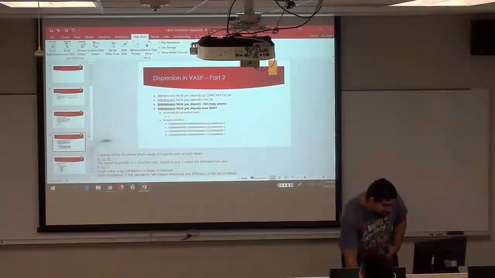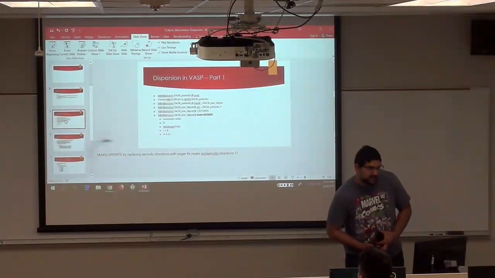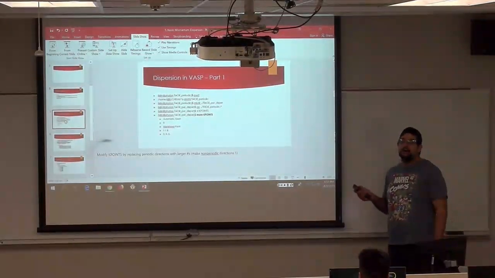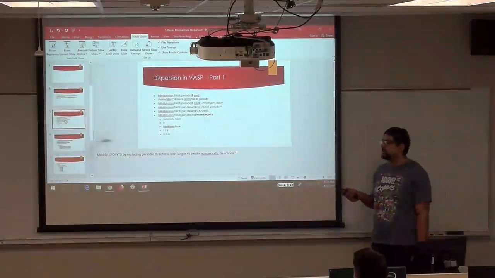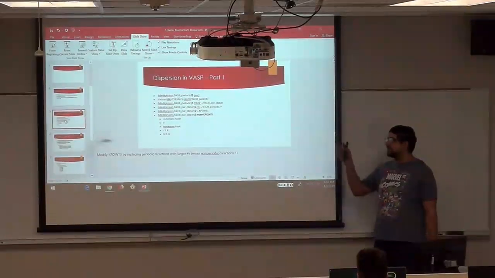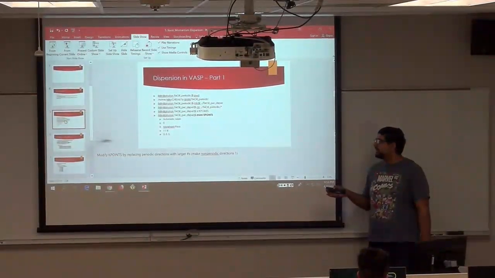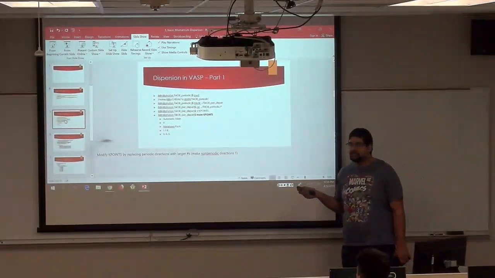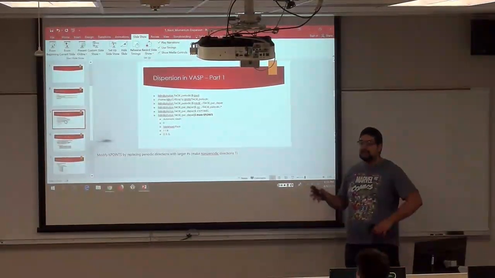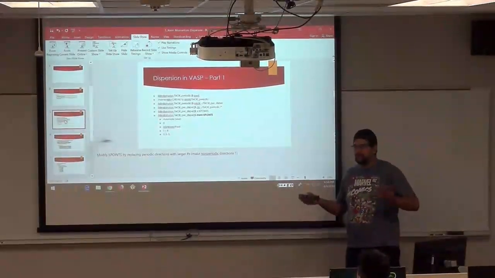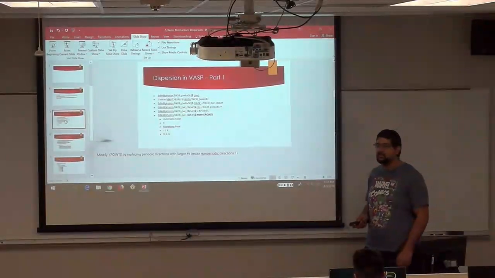Okay, and since we didn't cover any of this in class, the rest of my talk is just going to be the code that you can use in VASP to make the graph. For the rest of the talk, I'm going to go through this code really quickly and point out some important things. My intention is that once I go through this, you can download this PowerPoint and use the code as a template to make your own dispersion graph. I figured that would be the best use of my talk.